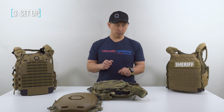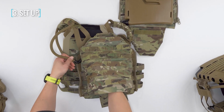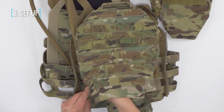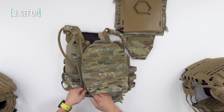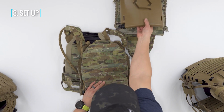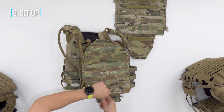Okay, so now once you've got your IMS molled onto the back of your plate carrier, before you put your IcePlate in, you're going to insert your Source 90 into the top drink tube routing port and then out the bottom drink tube routing port. Very, very important, because IcePlate will basically make it impossible for you to lace that through later. Then you're going to take your IcePlate Curve, shove it in there,